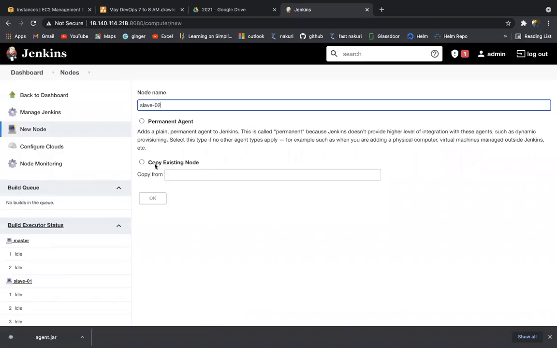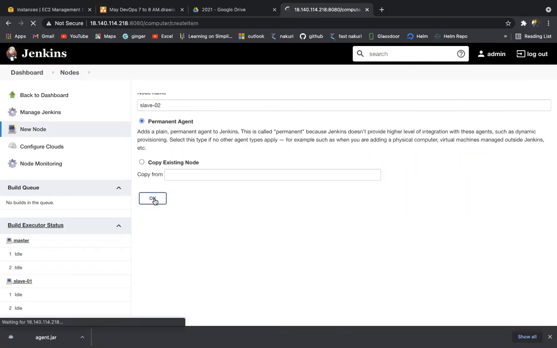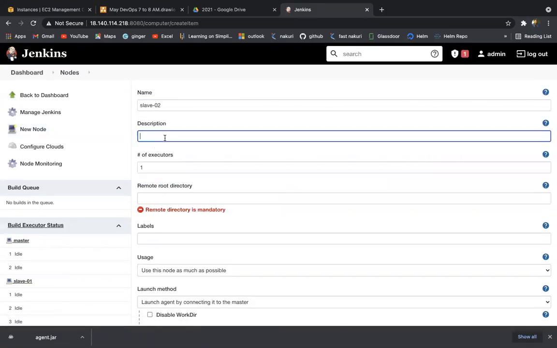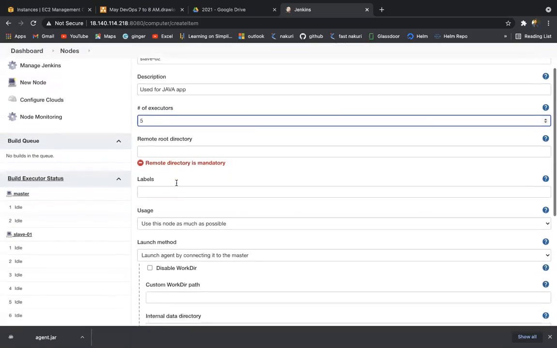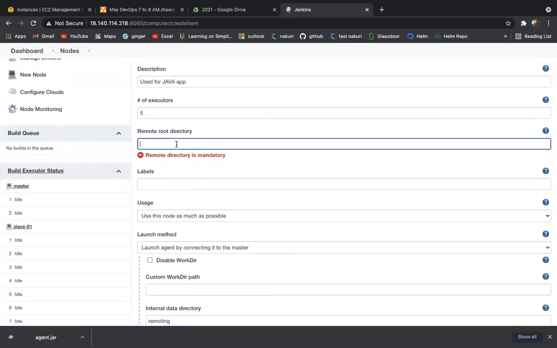Do you want to copy any package from an existing slave? You can. At this point, no. It is used for Java applications, and here I can give the number of executors, which is 5, then paste your